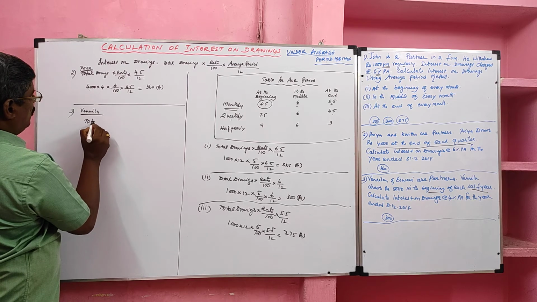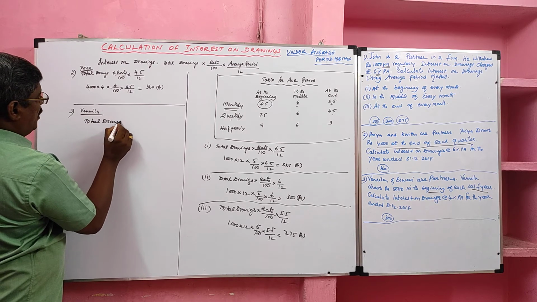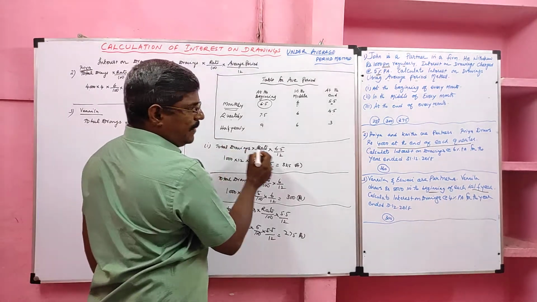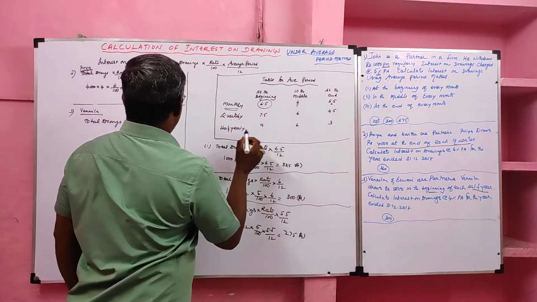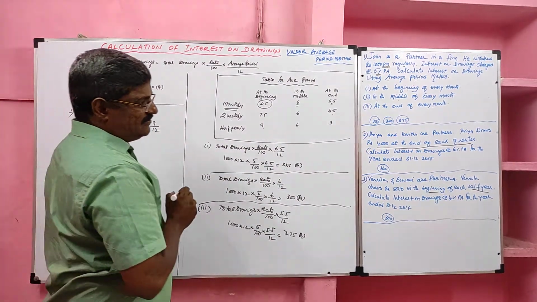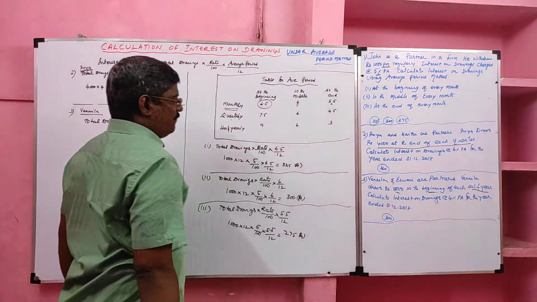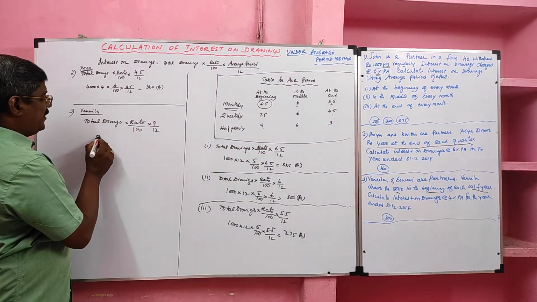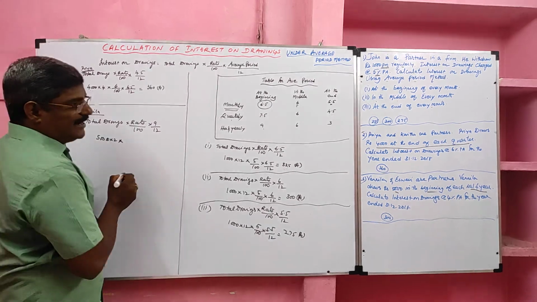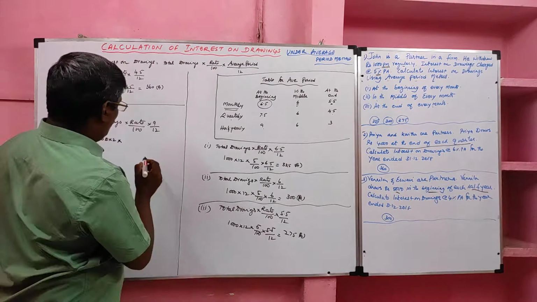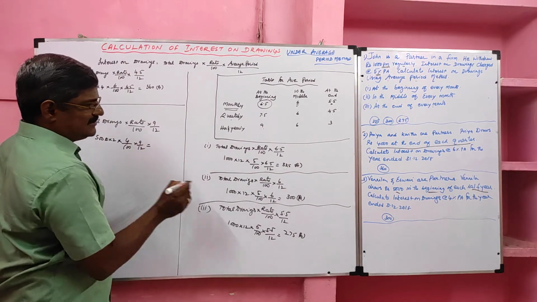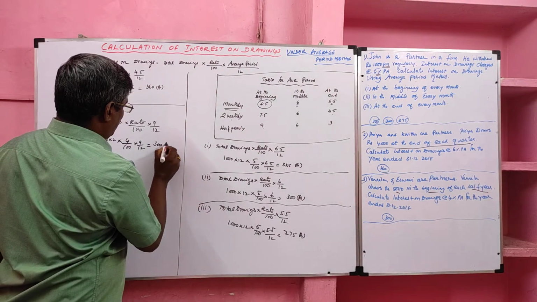What is the formula? Total drawings into rate by 100. Half yearly in the beginning. So we can use 9/12. How much does she withdraw? She withdraws 5,000. So how many half yearly periods do we have? 2 half yearly. So 5,000 into 2 into the rate of interest 4%. Average period we know with the help of the table. The answer is 300 rupees.